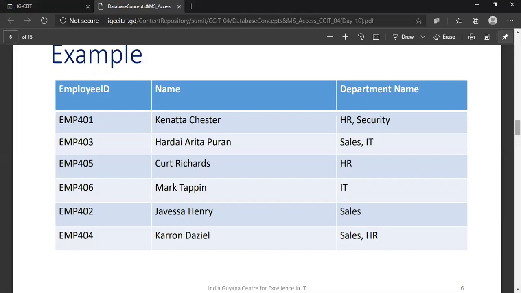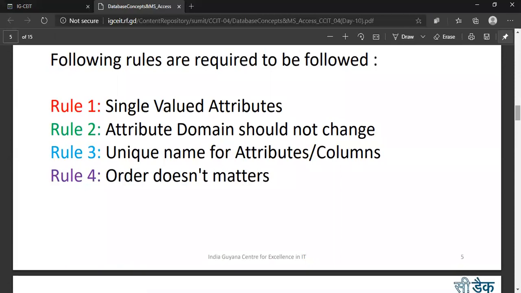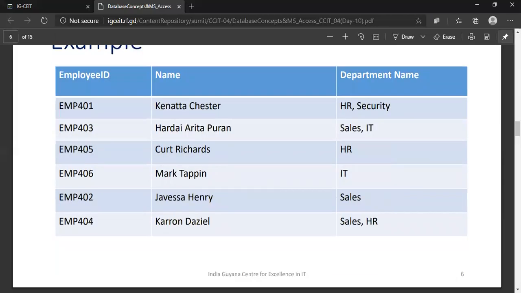Now, if we go back, the first rule given for first normal form is single valued attribute. Every column should have a single value. In the department name column, we do not have single values against each record. We have three records, employee ID 405, 406, and 402, that have a single value.